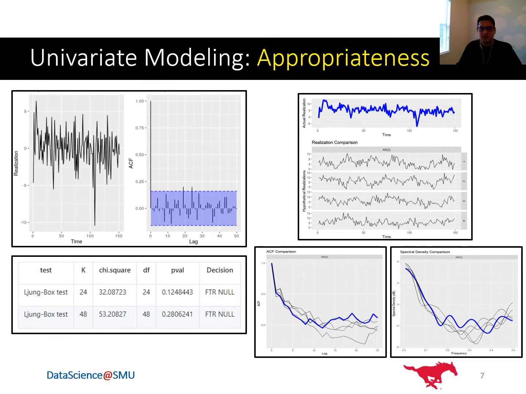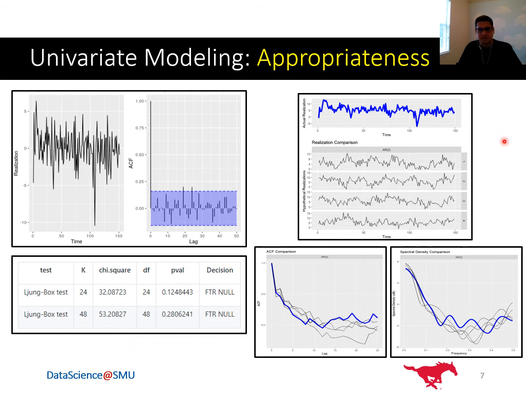To evaluate the model appropriateness, we looked at two factors. First, we looked at the residuals and found that these were quite consistent with white noise, except for this sharp dip that we see here. The ACFs are also quite consistent. There were a couple of ACFs which exceeded the 95% limits, but this is quite consistent with what you would expect from white noise. The Ljung-Box test also failed to reject the null hypothesis at k equal to 24 and k equal to 48. Hence, we can conclude that this model is quite appropriate.